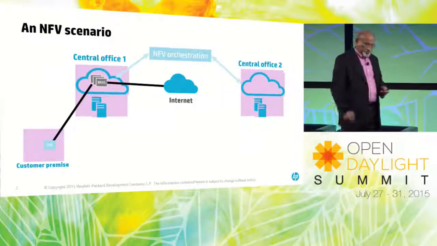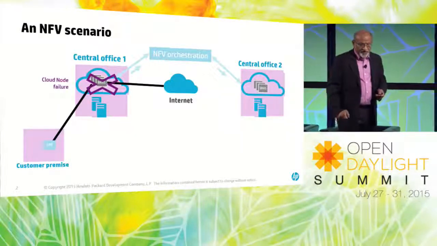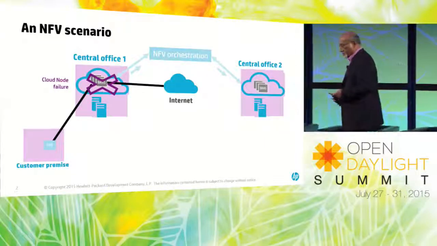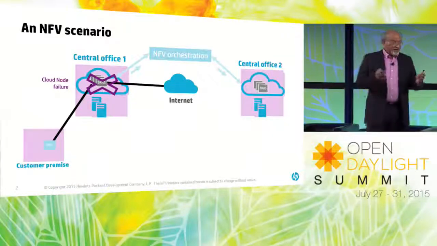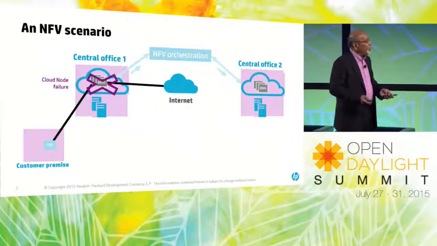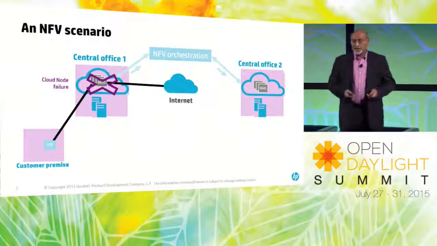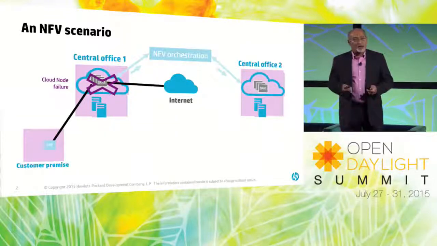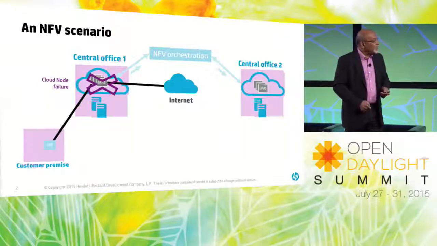And now I have a failure of that whole system in that first central office. So great, the orchestration system can understand what's going on, see that it has resources in another central office, and switch, turn on the BRAS services there. The question